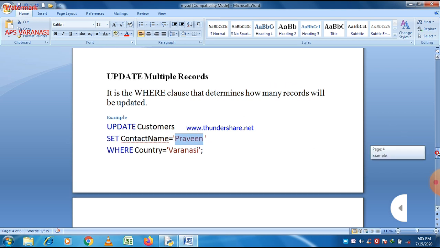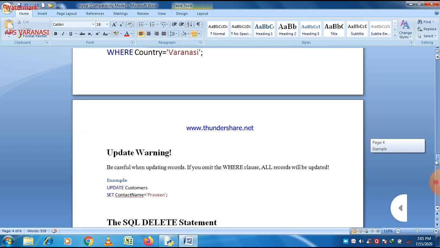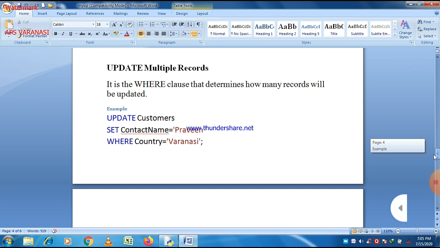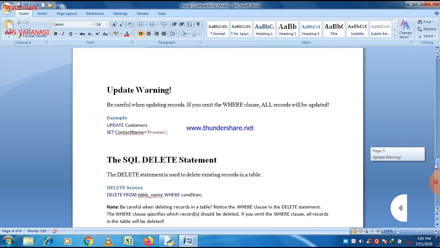Suppose in place of country, city is there. These two changes will happen after the execution of that statement, because it says UPDATE customers SET contact name Praveen WHERE country is equal to Varanasi. So the contact name will be changed.